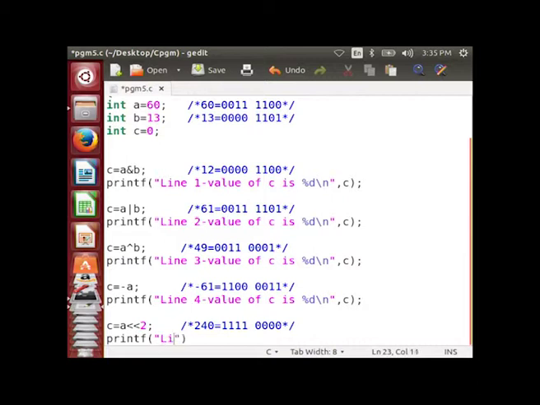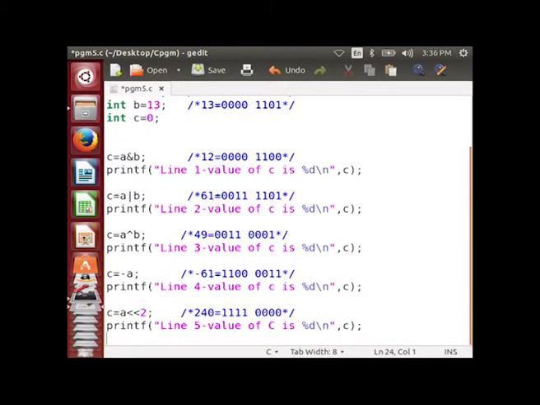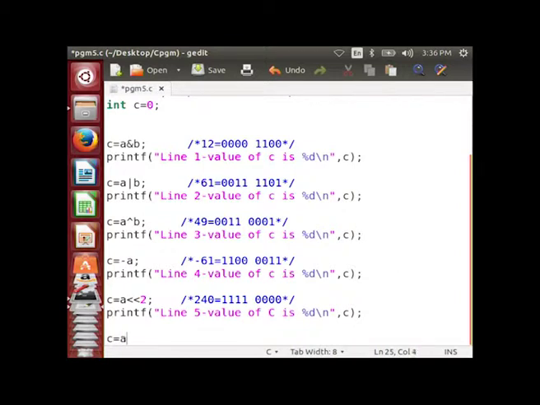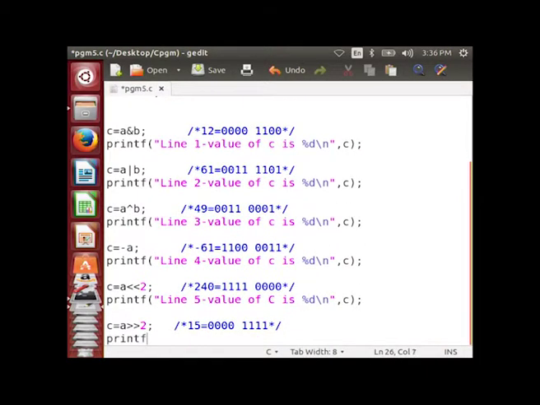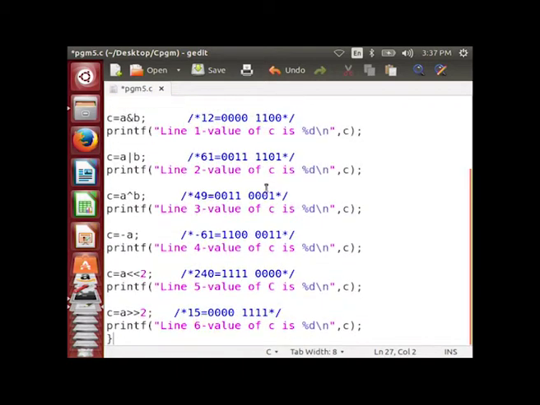Printf line 5, value of c is %d, comma c, then c equal to a right shift 2. Then printf line 6, value of c is %d, comma c. Now, close the curly brace.